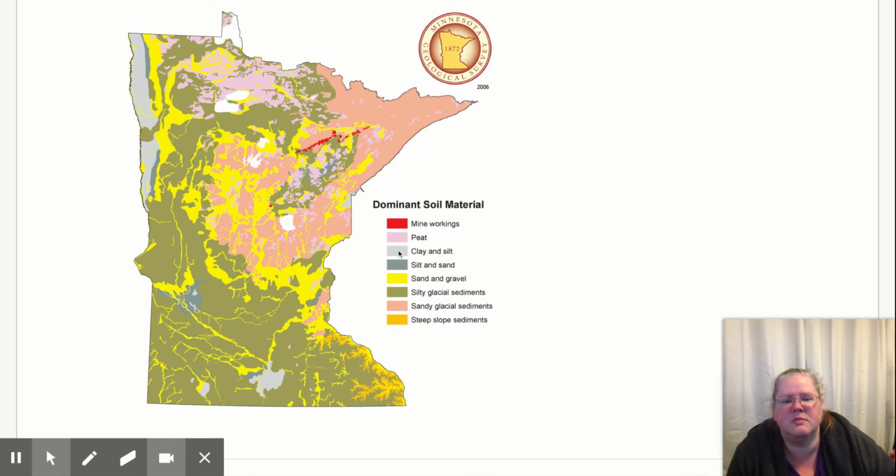This gray is basically dominant of clay and silt, which you see some down here and some along the Red River Valley. And then you get into silt and sand, which is over here and a little bit along there. Sand and gravel is kind of interspersed throughout. So if you've ever been to a gravel pit or a sand pit to get sand, they're kind of interesting to see. They're basically mining an old seabed or a really good deposition from